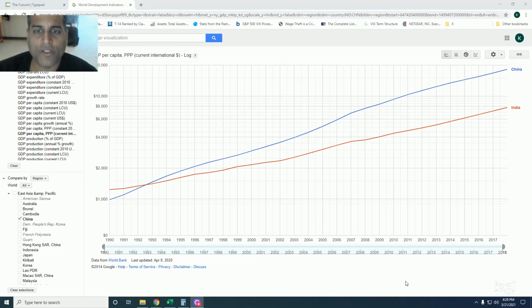Now, what are the reasons for this big divergence? Well, excuses often used in India are that India is a democracy and it takes too much time and too much procedural red tape to get permits to do anything, and therefore any big projects cannot really be done. And while there's some truth to that, all the most prosperous countries in the world, such as the United States, Japan, Germany, are in fact democracies as well. The real reason is for two things that were very much in India's control.